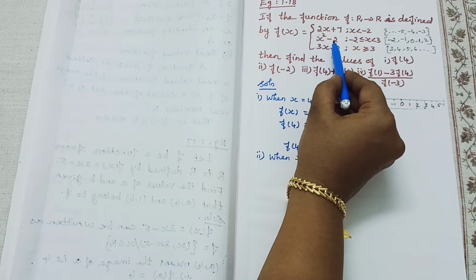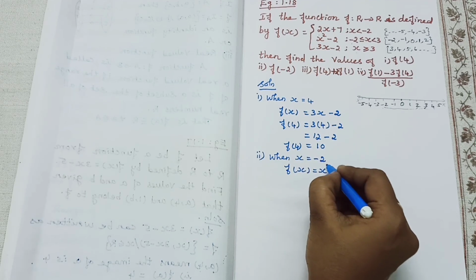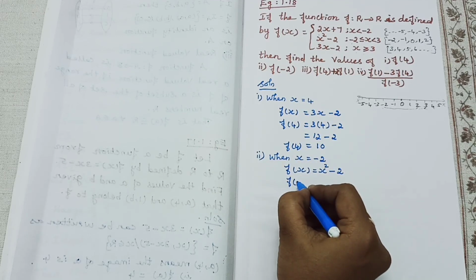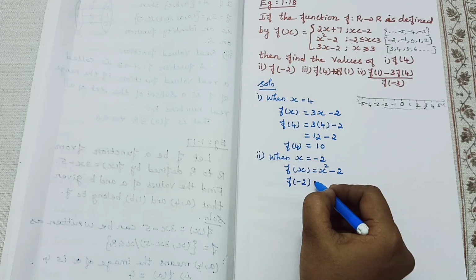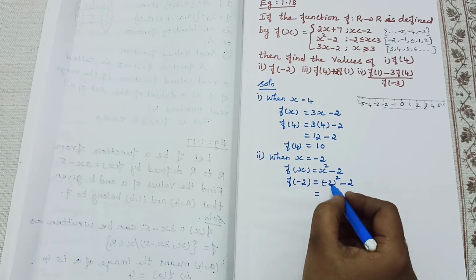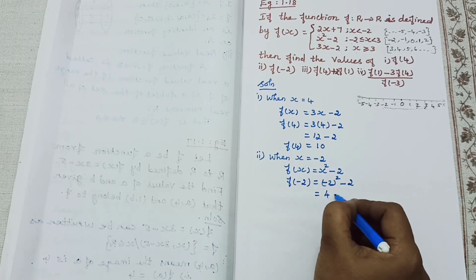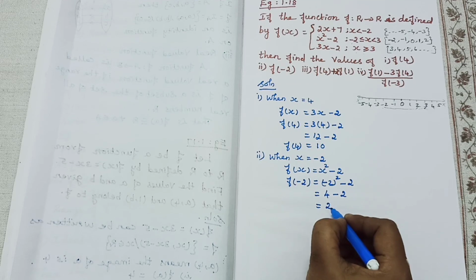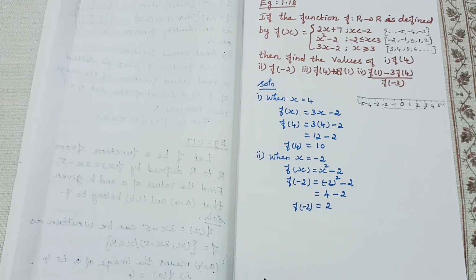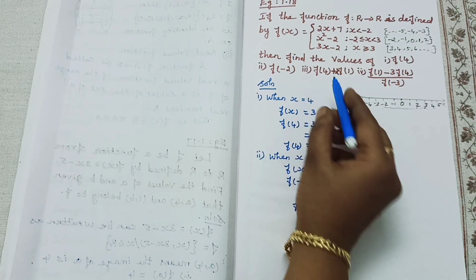Have you understood? Next, third subdivision is f of 4 plus 2 into f of 1. Here we already know f of 4 is equal to 10. From 1, what can we write? F of 4 is equal to 10, we know. Have you understood? Already f of 4 is equal to 10 we know, so we don't need to write it once again.